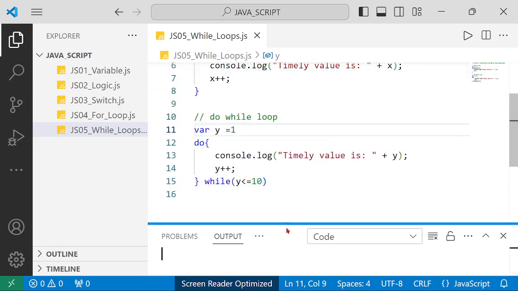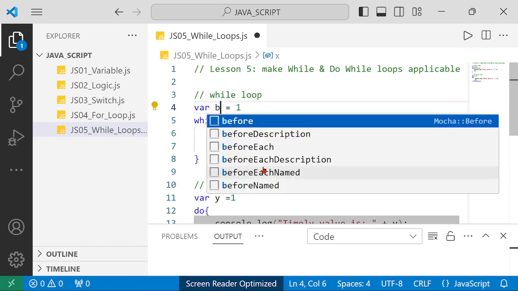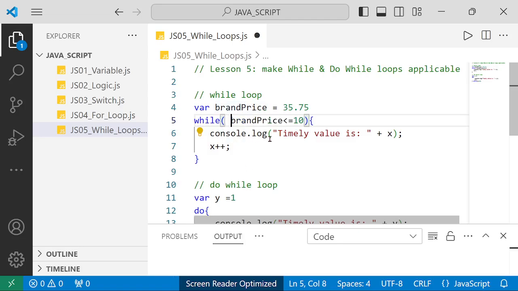Okay, let's apply it practically. Variable brand price would be equal, let's say, 35.75. So meantime, brand price less or equal, let's say 250. We're gonna be typing brand stock price is